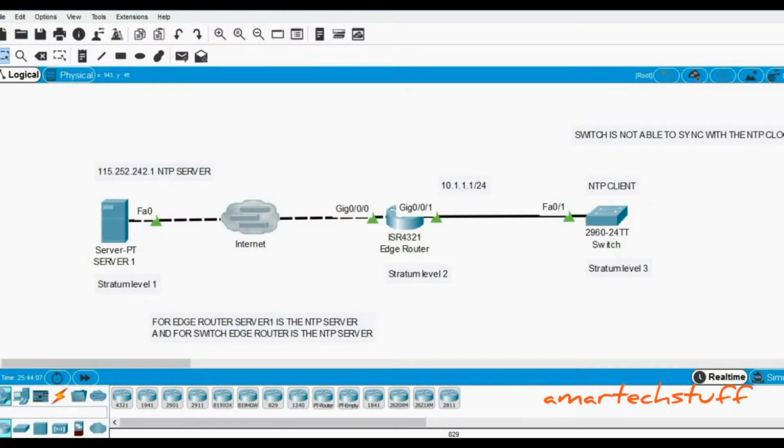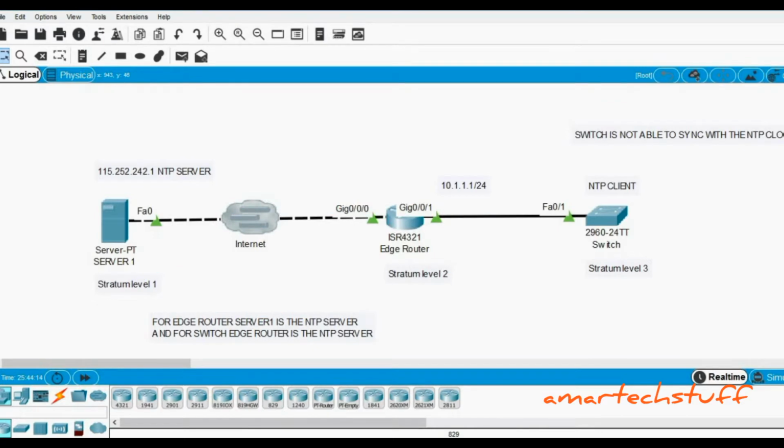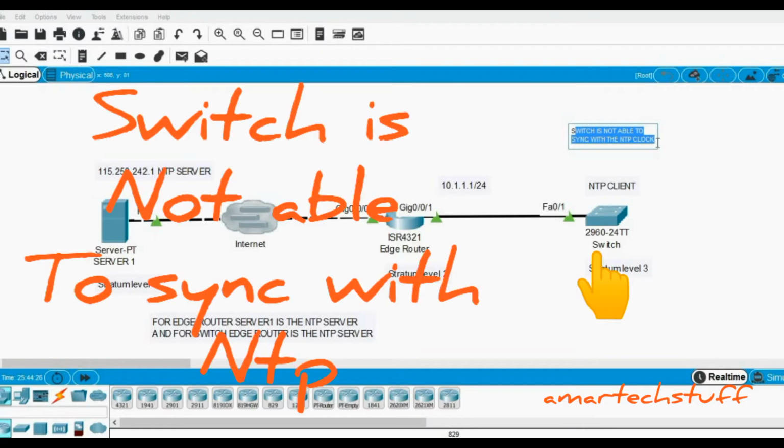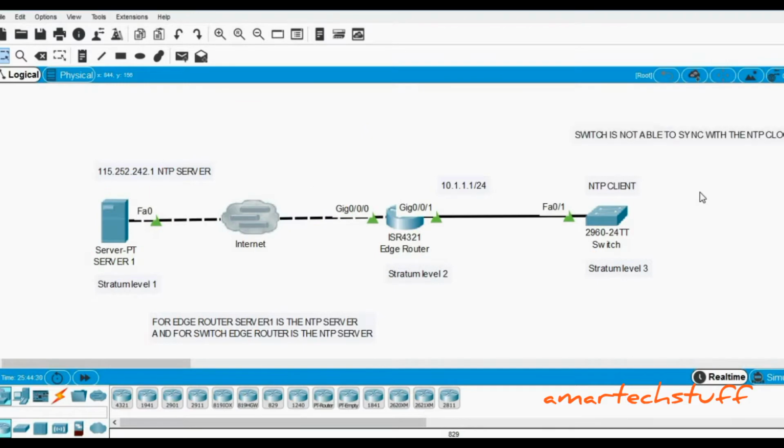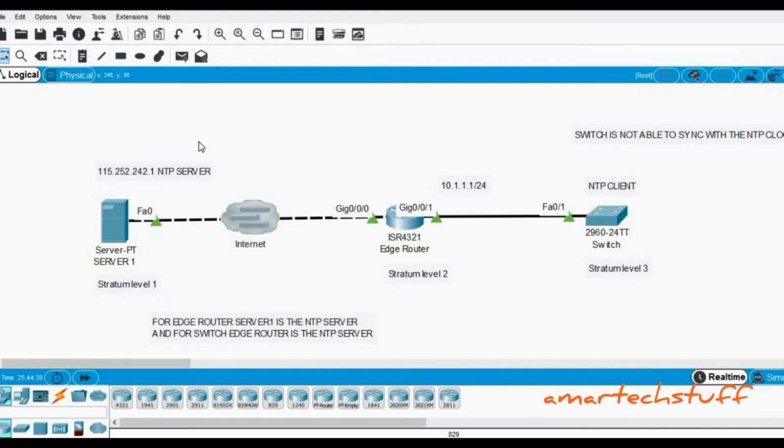So guys, in this video, we are going to focus on a troubleshooting ticket, and this troubleshooting ticket says that the switch in this network is not able to sync with the NTP clock. This is the problem statement, and the scenario which I've taken is very simple. I've just taken a server which has an IP address of 115.252.241.1.